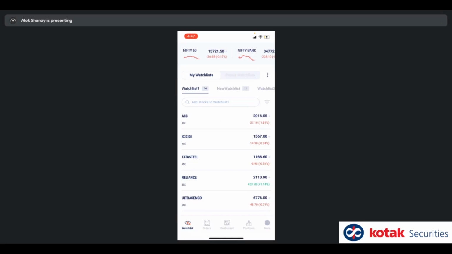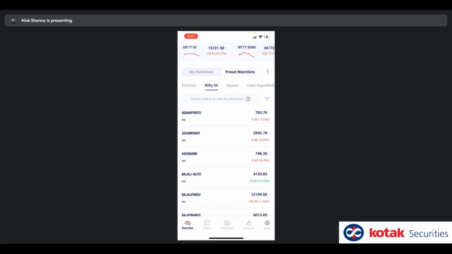Now talking a bit about preset watch lists. Mr. Narayan is asking about it. So preset watch lists are watch lists provided by Kotak to you. They are the ones which are coming from the system. So the ones which you can see here, for example, you have the portfolio watch list, which is your investments, your holdings, right? You can look at Nifty 50, an index watch list. Somebody had asked for the Nifty के stocks कहाँ देख सकते हैं? This is where you can see all the Nifty stocks in one place, right?